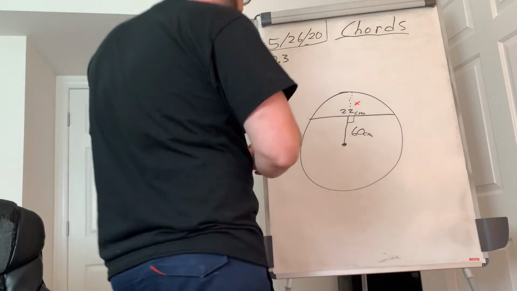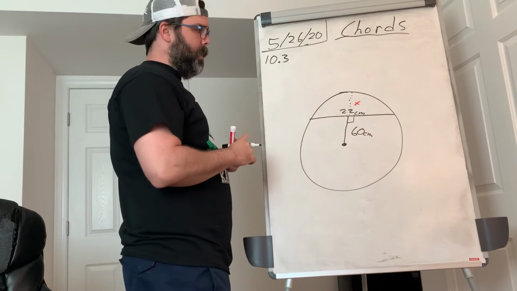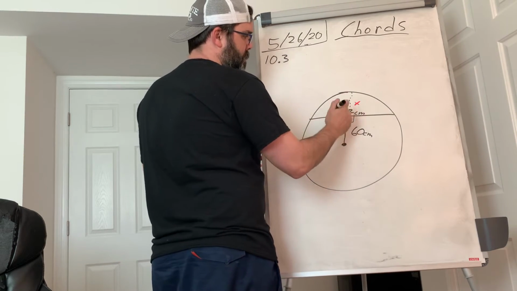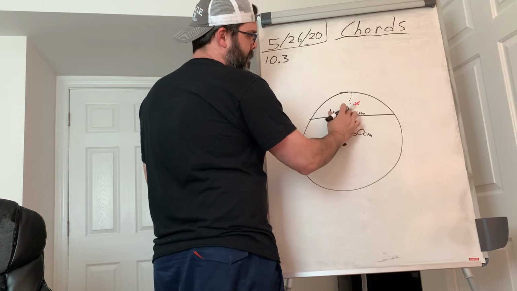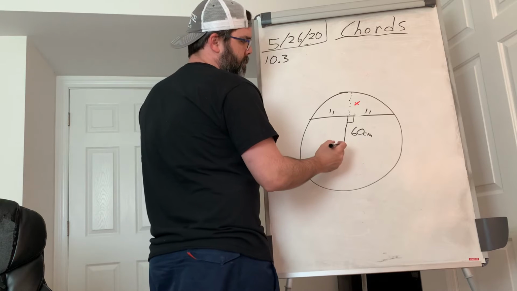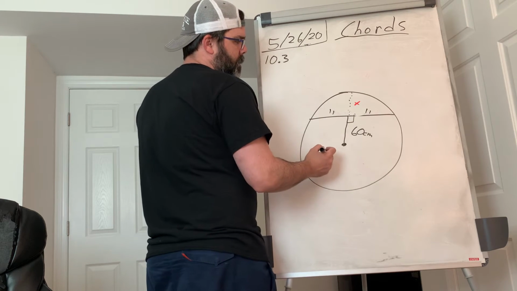we're going to set up a couple things. Let's break the 22 into two parts because we know this bisects. So this is 22. So really this is 11 and this is 11. Okay. So now we have 11